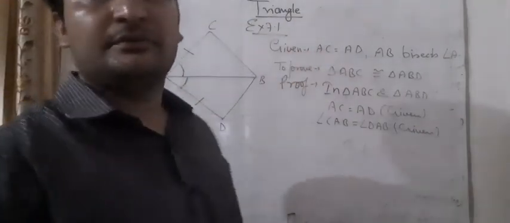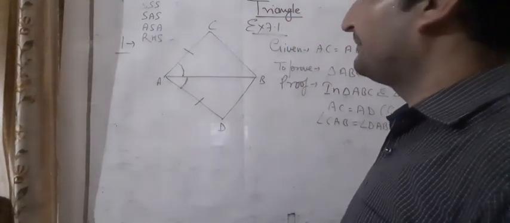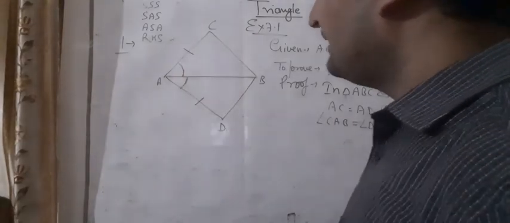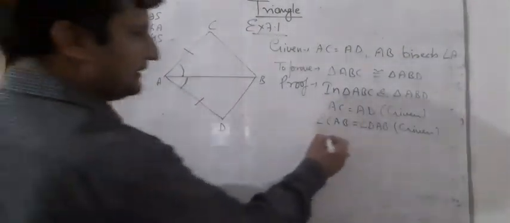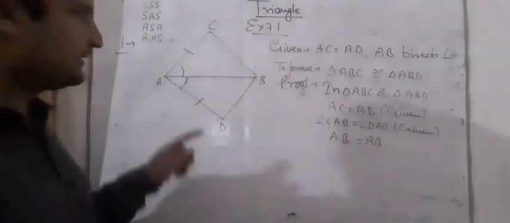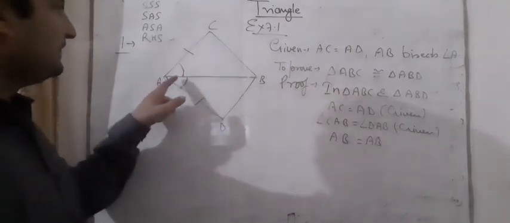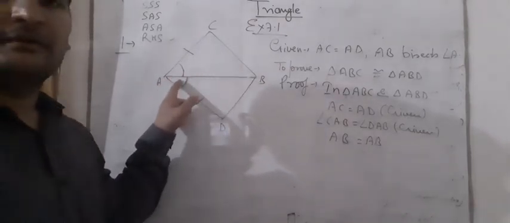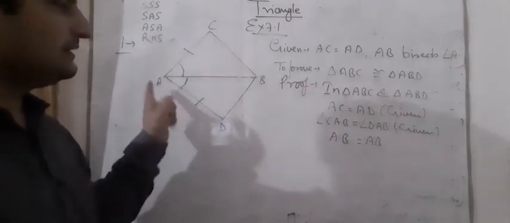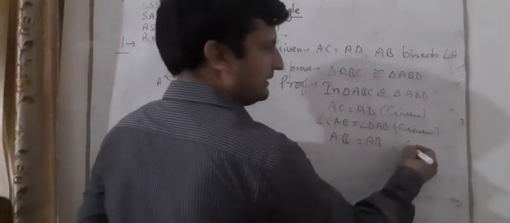And students, two things are given. This one given, angle CAB, and we can say that AB is equal to AB. Look here, CAB is equal to DAB. We can say that this is the common arm or not? Look, AB is for ABC and AB is also for DAB, for the triangles. So you can say that AB is equal to AB. We can write it here, common.